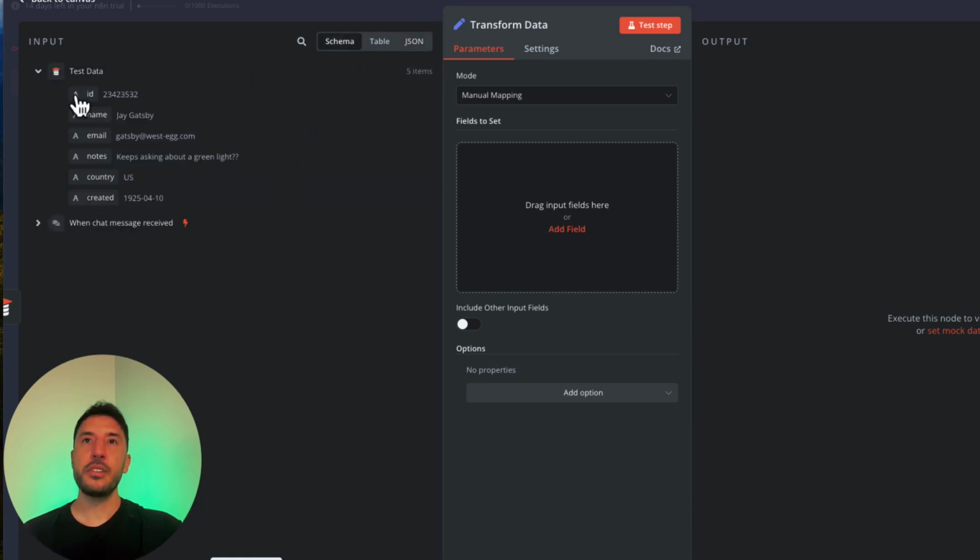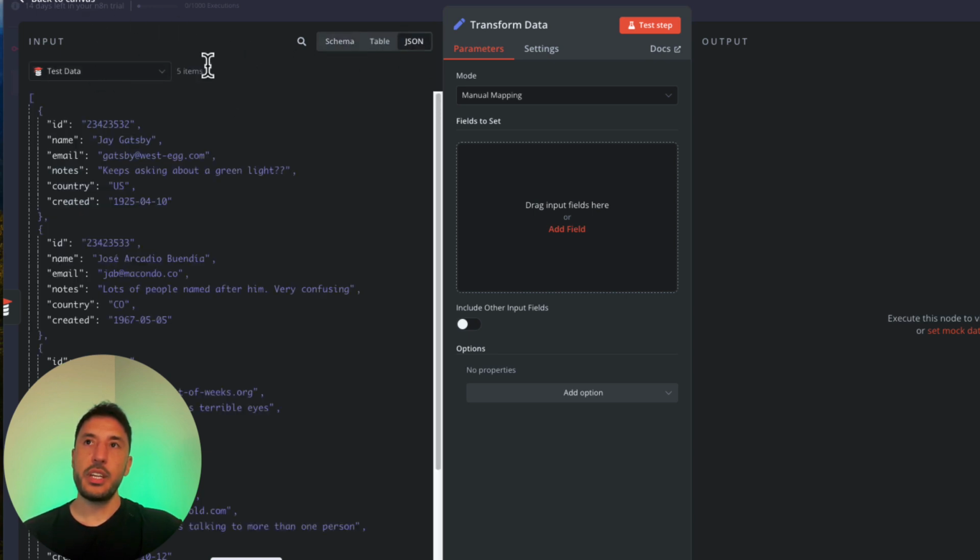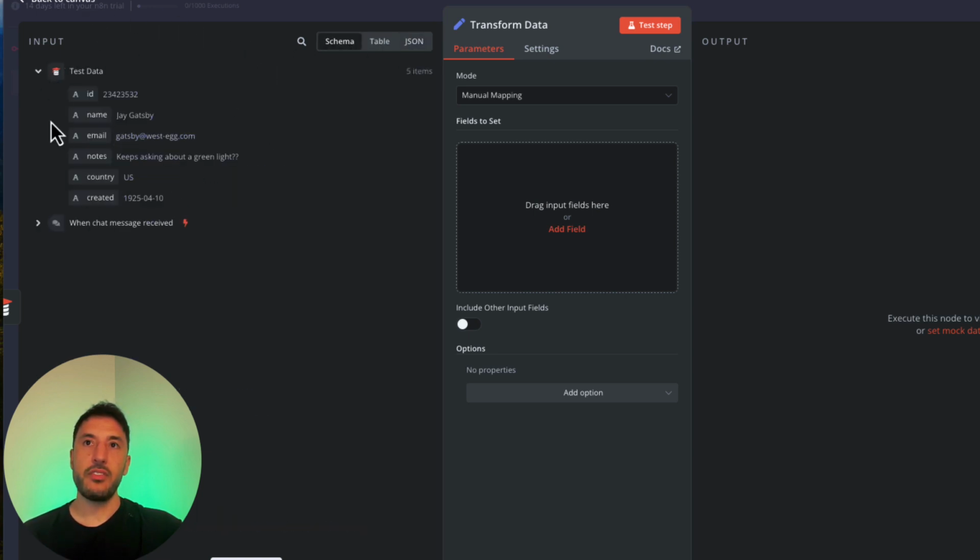All right, so this is all of the input, like I said, that's coming in from our previous node. You can see I have the name of my node and then all of the different items that are inside that node. And this is the previous node again that's shown to me. Just like on the JSON view, you can toggle between the nodes here. On the schema view, this will list down all of the nodes on the left hand side. And I can always minimize or maximize this by clicking on the little arrow there.